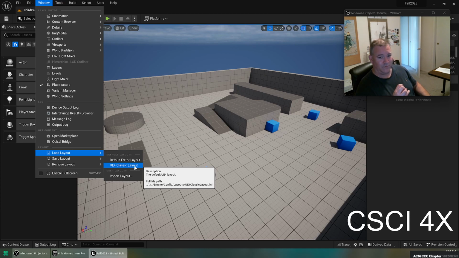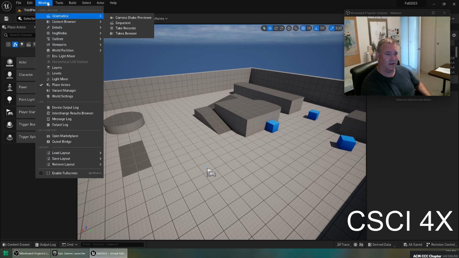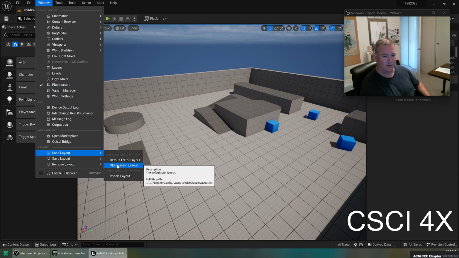Do you have to download UE5? What's your alternative? You want to use UE4 instead? You can't find that? Are you in Unreal Engine 4 or 5? 5? Under Window, Load Layout. You might need to scroll down if it's off the edge of the screen, and then go to UE4 Classic